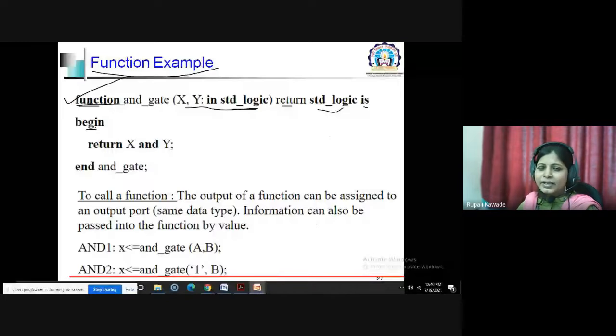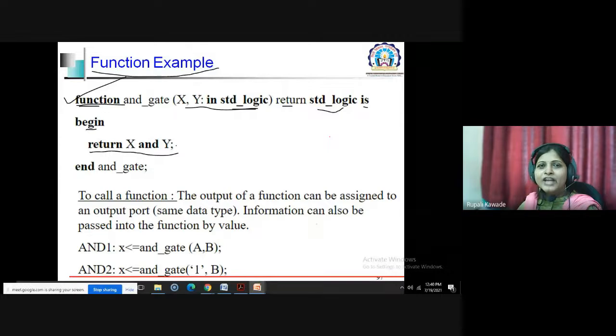Now this simple example has only one statement, that is return x and y. So this function is simply performing the AND operation between the input parameters x and y, and its result is returned by this function.